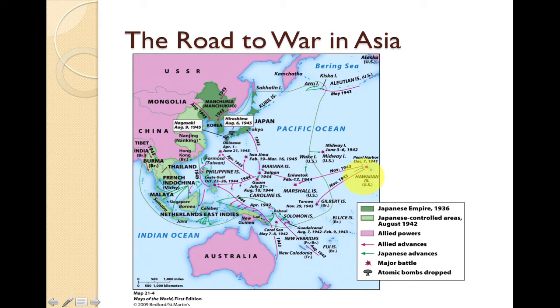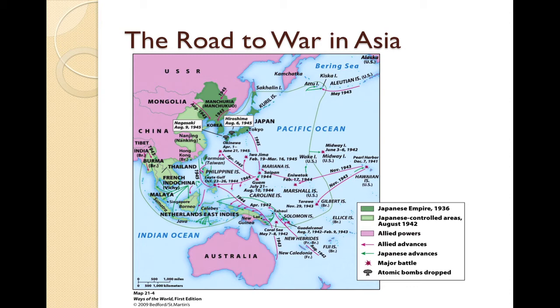into the war in 1941. The resulting conflict was largely a naval war in the Pacific, with intense fighting on key islands. And that's what this map shows, the major battles. Here's Iwo Jima right here as an example of World War II. United States conquest of these islands eventually led to the atomic bomb attacks at Hiroshima and Nagasaki, ending the war in 1945.